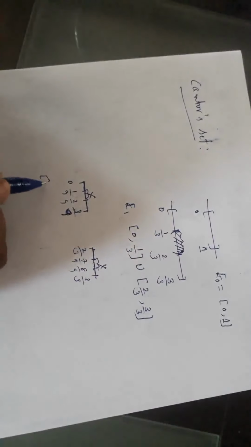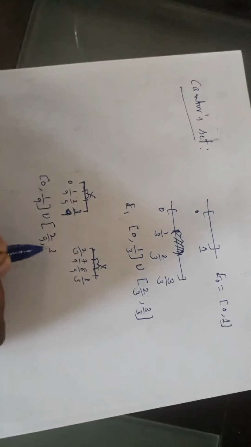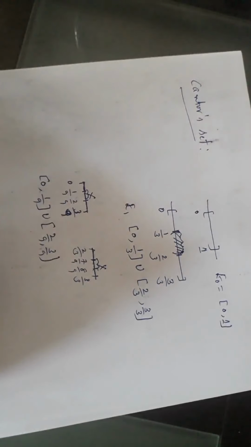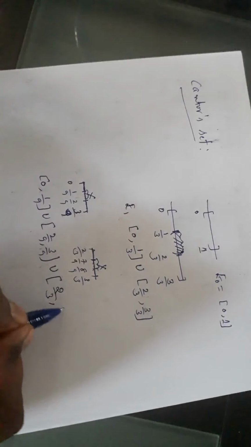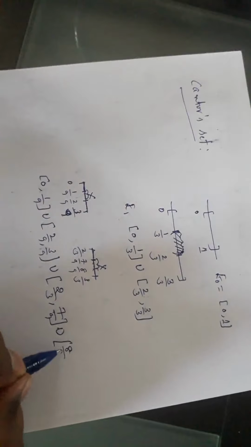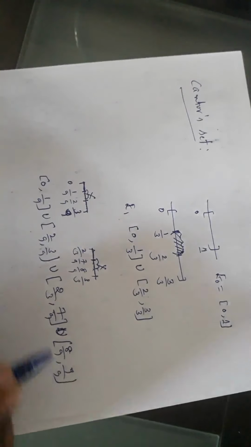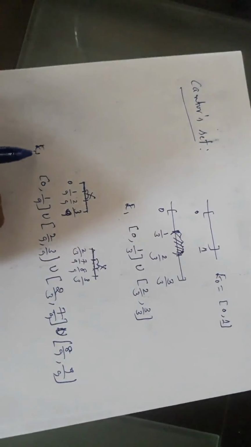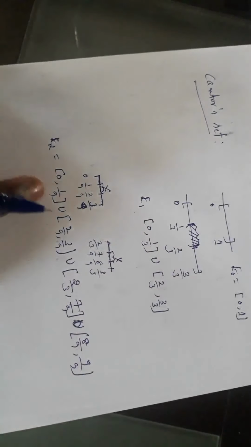The middle part. Then what are you left with? 0 to 1 by 9 union 2 by 9 to 3 by 9, and here union 6 by 9 to 7 by 9 union 8 by 9 to 9 by 9. It is nothing but 1. You say this is E2. Is it clear? Getting the idea? Again, what else do you need to do?